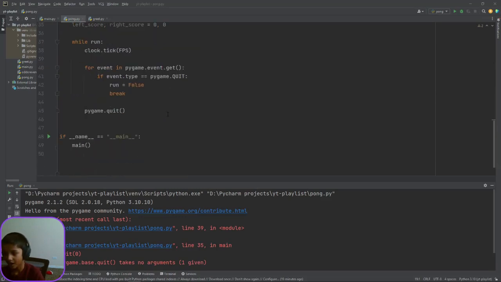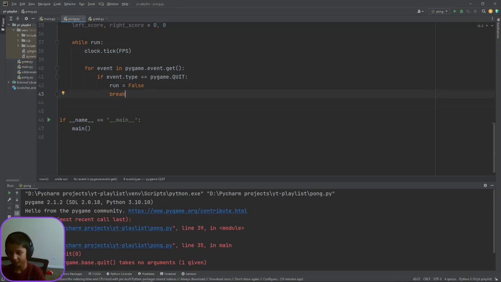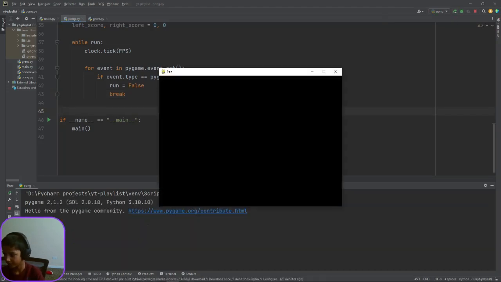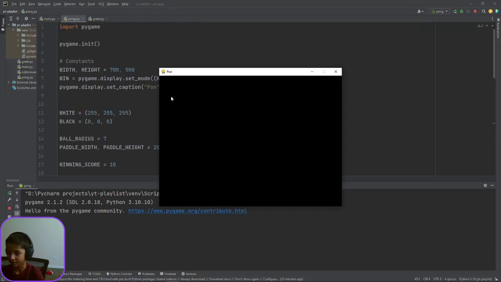So the thing we'll have to do is come to the pygame.quit, and then we need to make it something like nothing. So we just need to get rid of that. Doesn't help us out with anything. And that's all we need. So if I were to go and run this, I would be seeing my empty window, and I think, oh yeah, I also have a typo in Pong